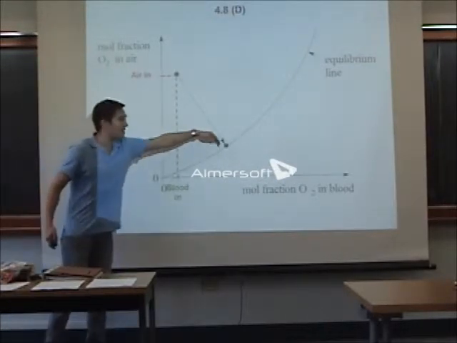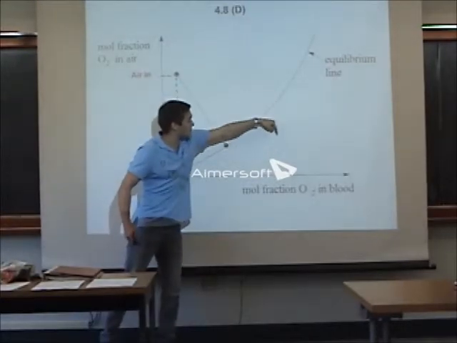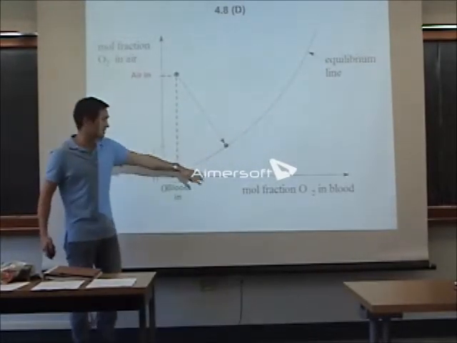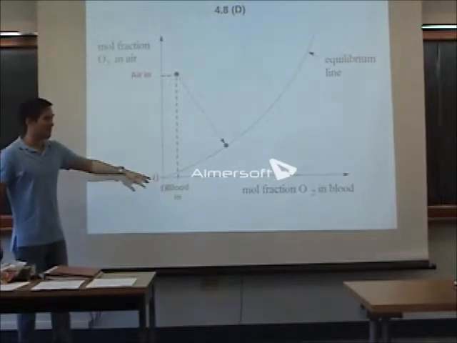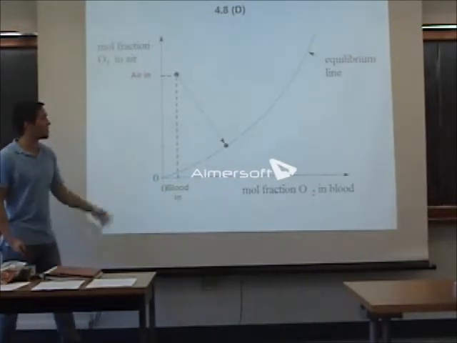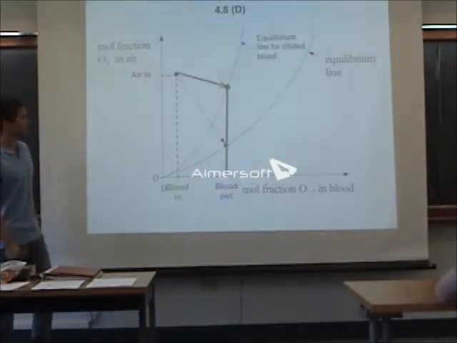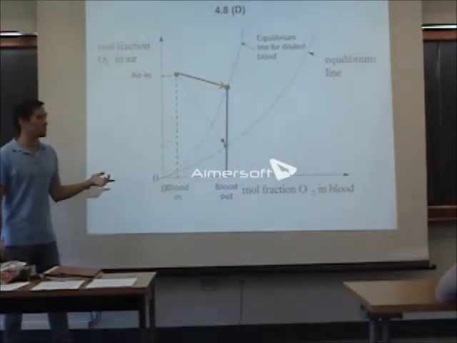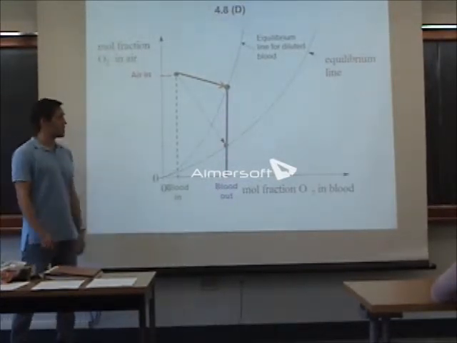No. So if the equilibrium line moves down, you're really shifting to the right? Yes, which means at every increasing point, your mole fraction, so it's going to be up. Okay, so it's really an increase. It's going to go up or shift to the left. Yeah. So the equilibrium line for diluted blood, Jack's right, it's going to shift to the left because you can't